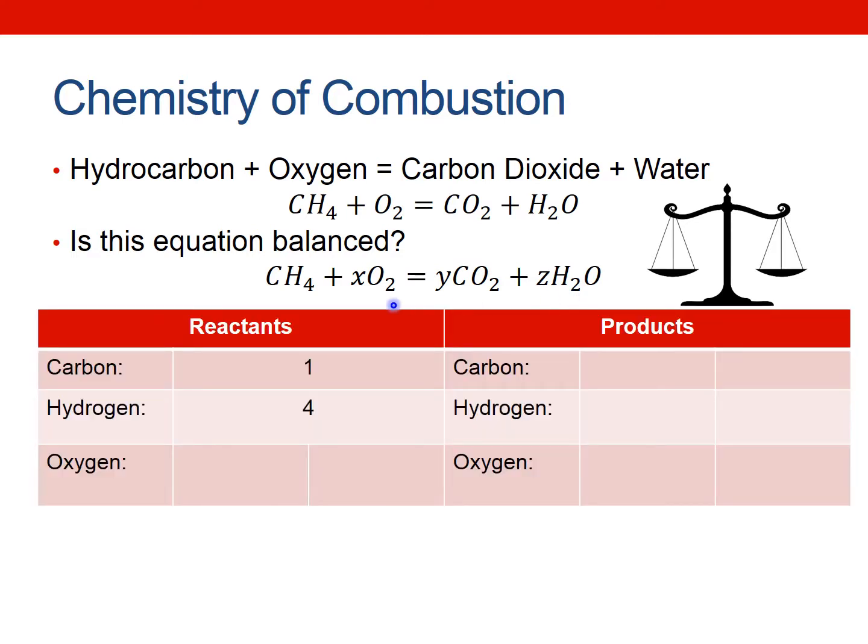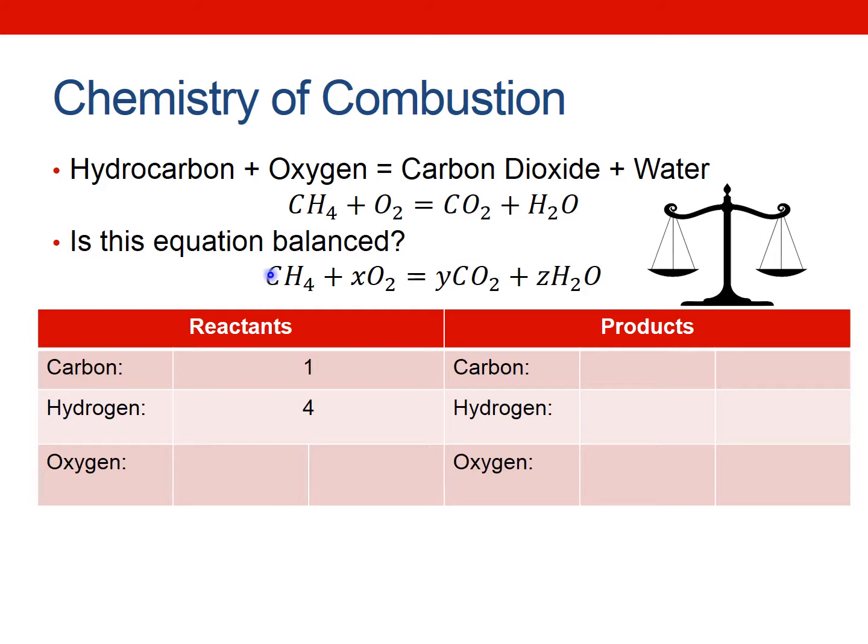Now, this is the way that I propose you do it, and I've been using this for years and it seems to work pretty well. Draw this little table. Put all your reactants on this side and all your products on this side, and then list down what you've got. So you've got carbon, hydrogen, oxygen, carbon, hydrogen, oxygen. Now we can already fill in 2 of the cells on this table.